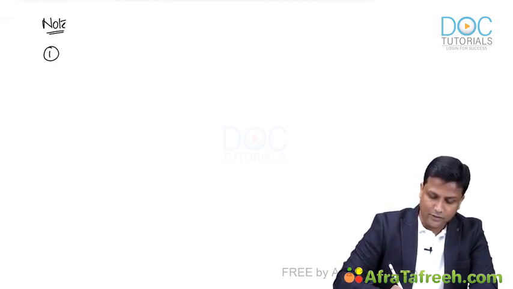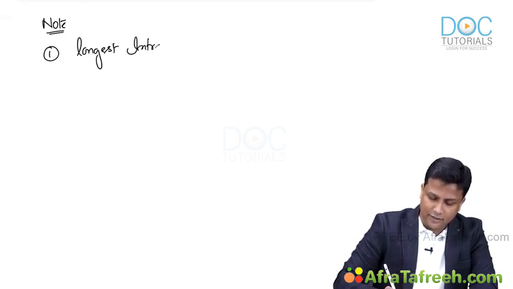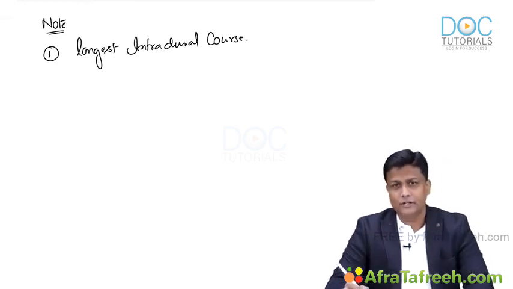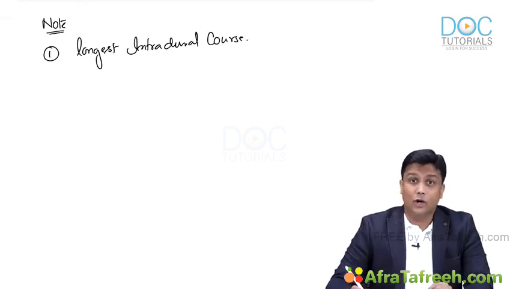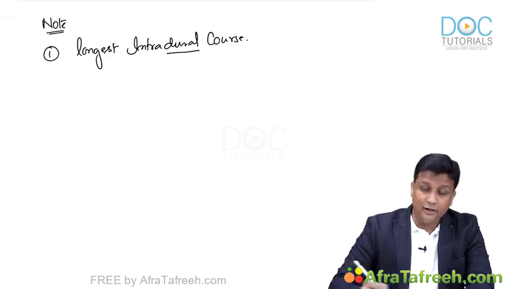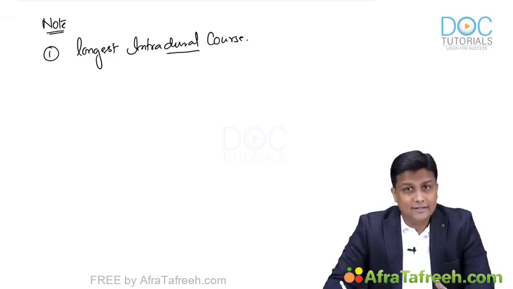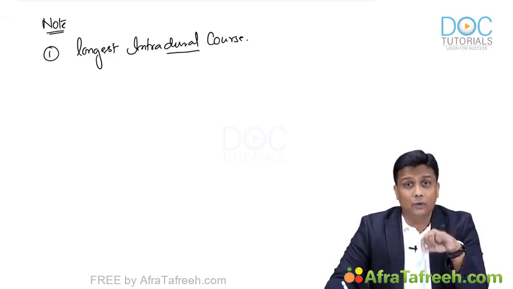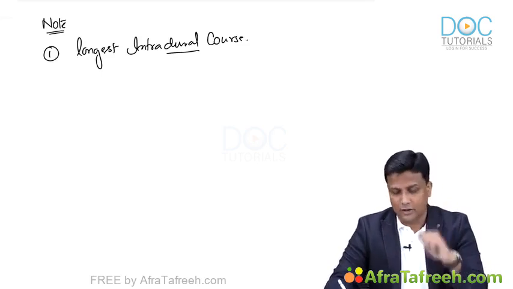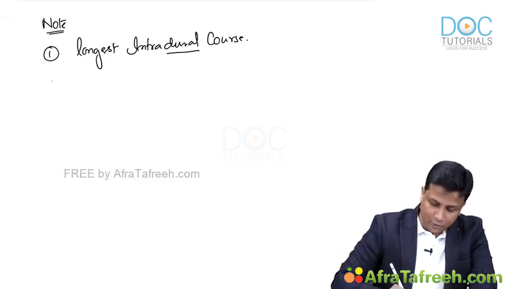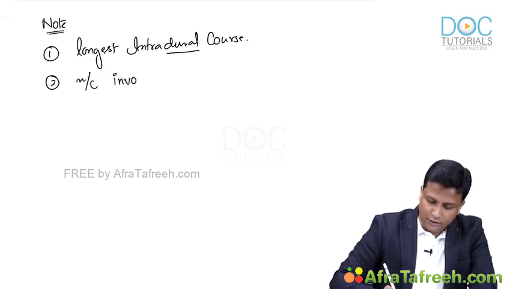Note number 1. The abducens nerve is the one having the longest intradural course. Don't get confused here. When we learn about the fourth nerve, the trochlear nerve, it has the longest intracranial course, whereas the sixth nerve has the longest intradural course, traveling the longest inside the dura mater. And the second point that you have to remember regarding the sixth nerve, it is most commonly involved in